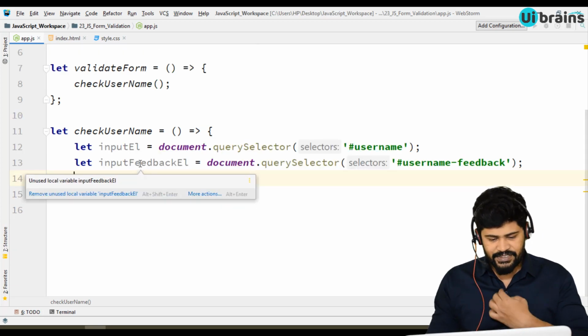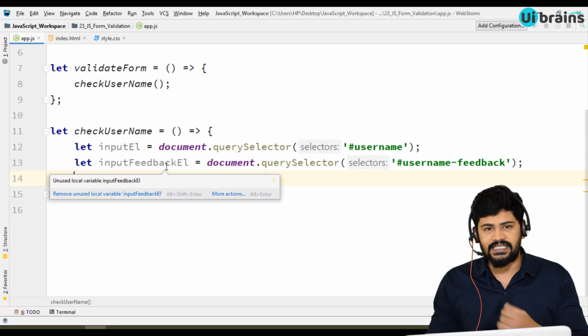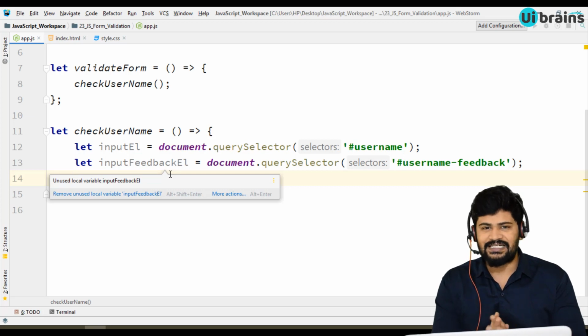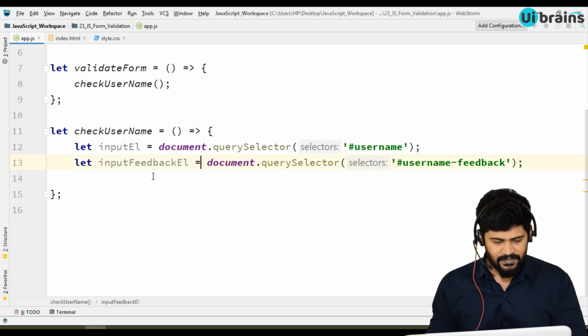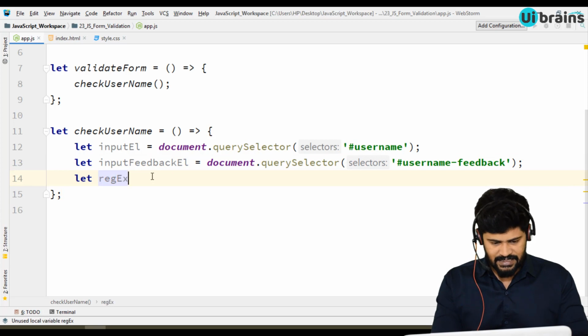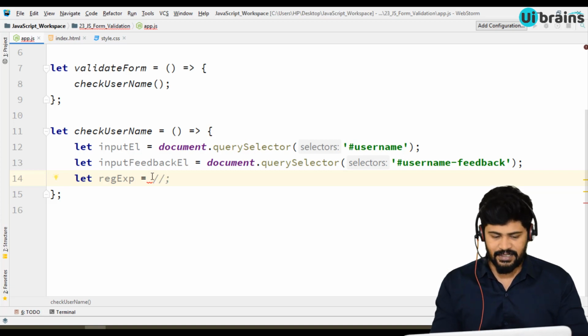So I have to validate based on some regular expression. What is a regular expression? It's like a formula which contains what characters can be allowed, what not to be allowed, and what the length is. We are not discussing regular expressions in depth, so we'll see them in future classes. Just see here. I say let regularExpression be some formula. Generally, a string you write in single quotes or double quotes, but a regular expression you write between slashes like this. This is going to be the regular expression.